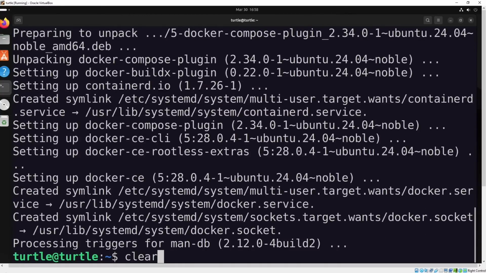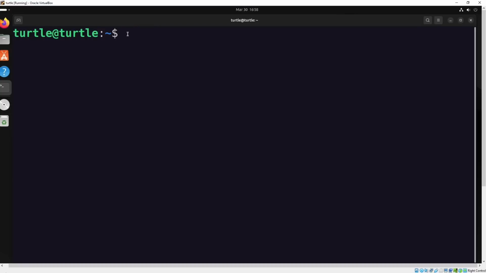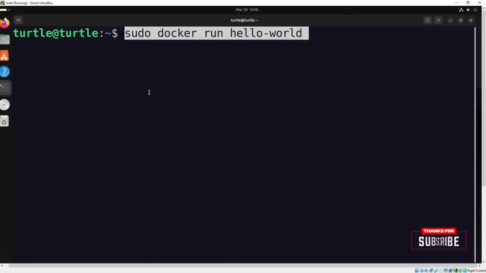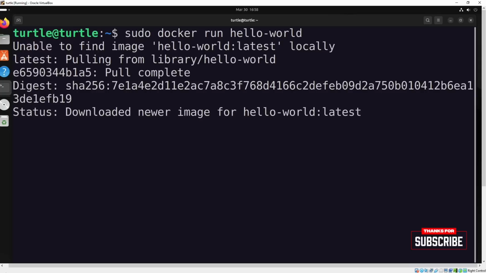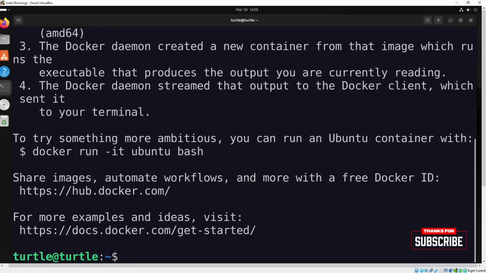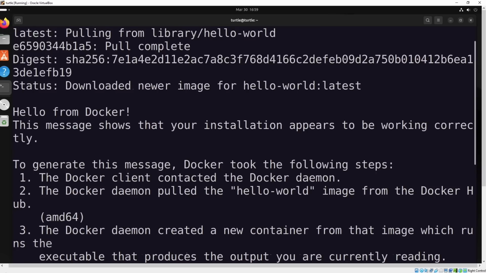Once the installation is complete, we'll test if Docker is working properly. Docker provides a test image called Hello World, so let's try running it. If the image isn't available locally, Docker will first download it and then execute it. And there we go. If you see the output from the Hello World container, that means Docker is successfully installed